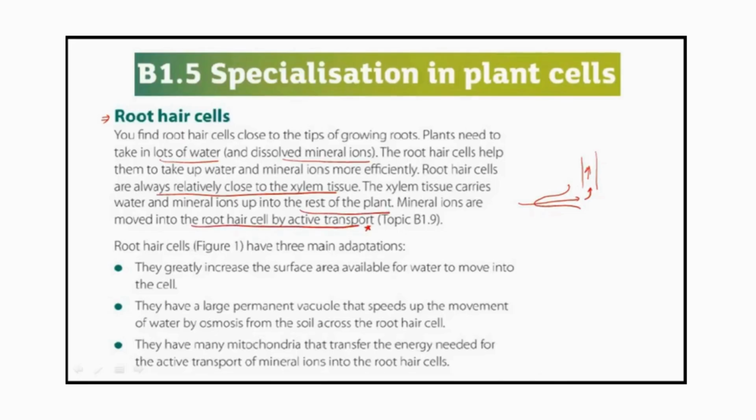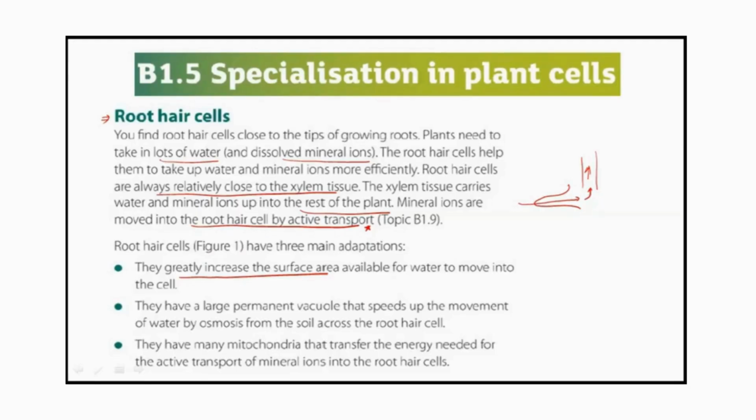What is this active transport? We'll discuss that in a while. So root hair cells have three main adaptations. One is that it greatly increases the surface area available for water to move into the cell. Wherever this term absorption comes, absorption of whatever, the absorbing structure actually enhances the surface area for maximum absorption. The same thing we discussed in the human digestive system as well, that villi are the foldings which increase